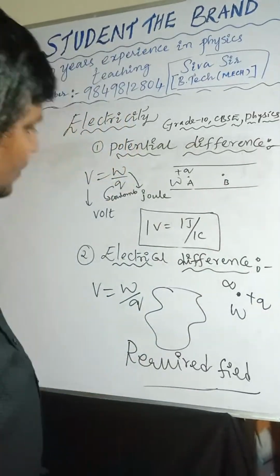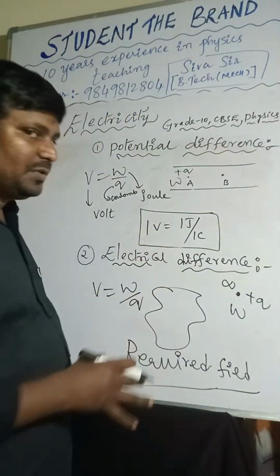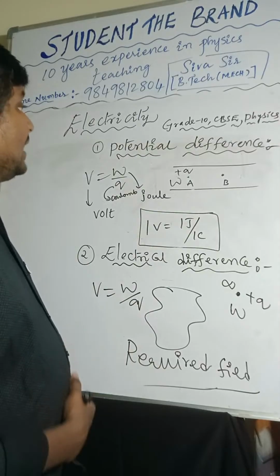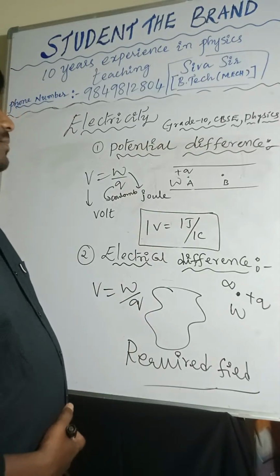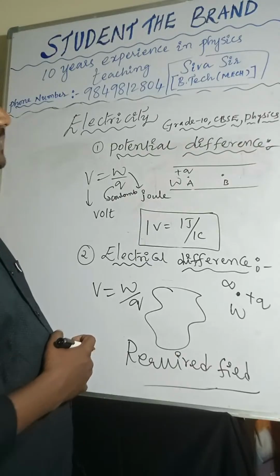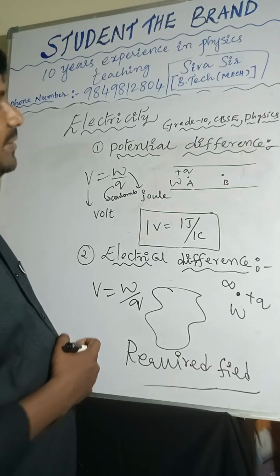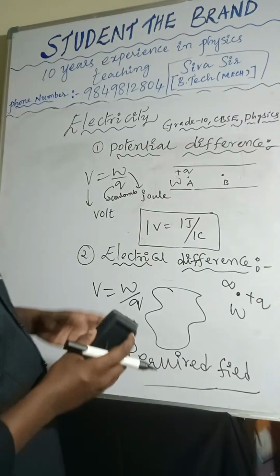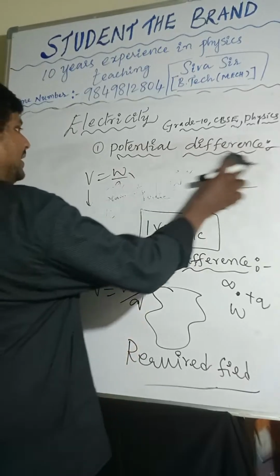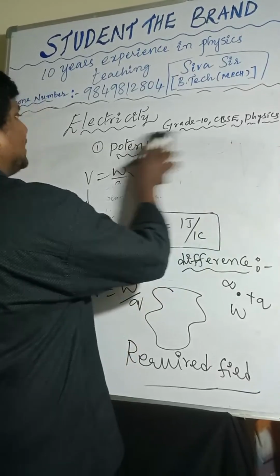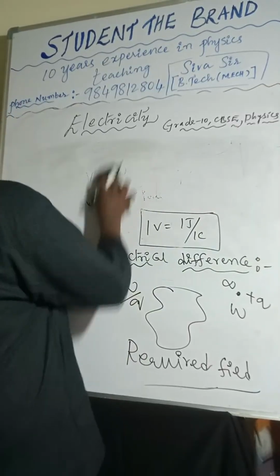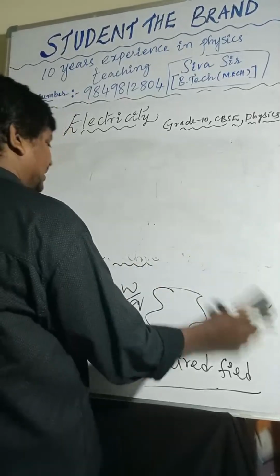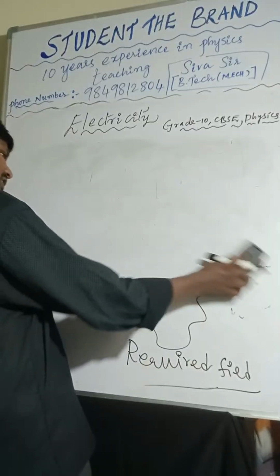Now that is about electrical potential and potential difference. I hope it is completed. Next, we are going to discuss resistors in series and resistors in parallel. So when resistors are connected in series combination,